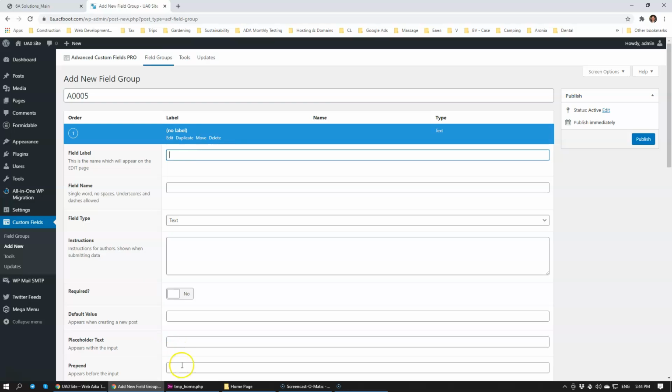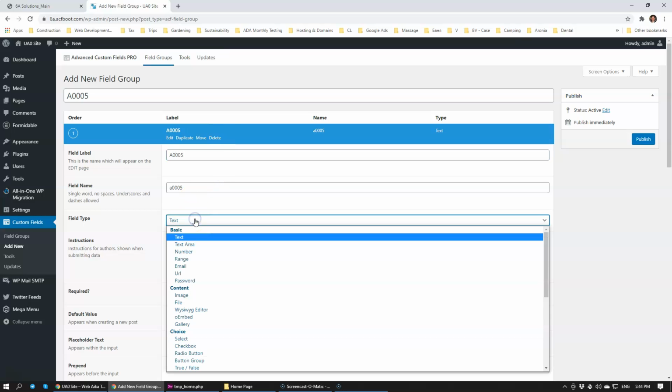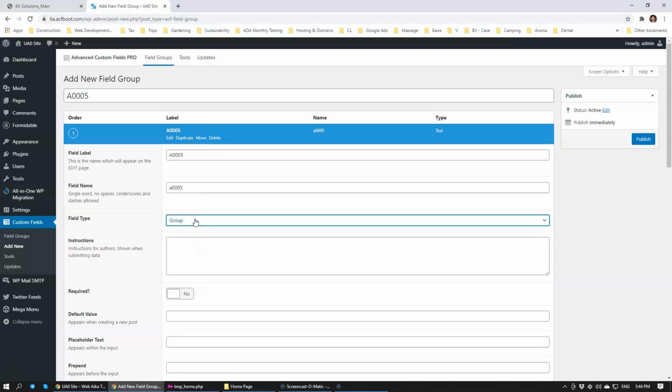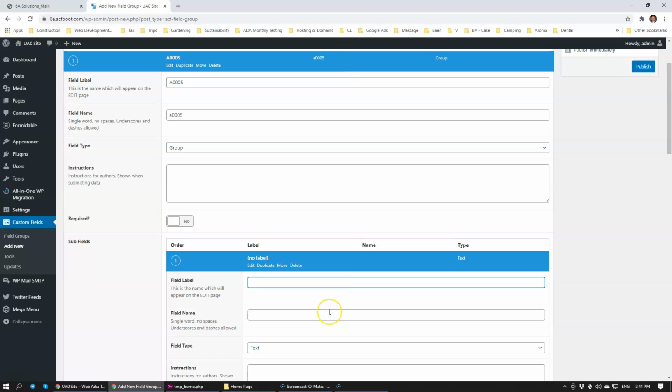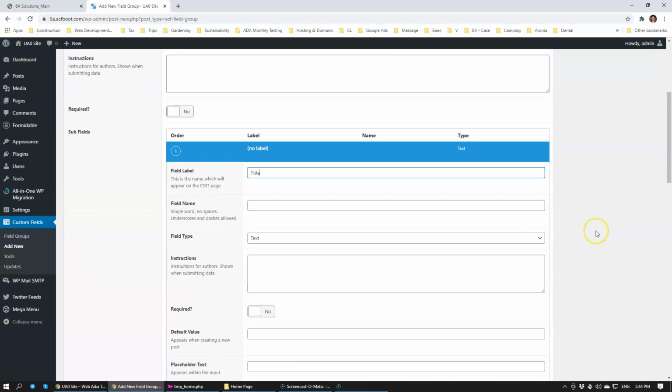So this is going to be, yeah, same A0005. Okay, and this is going to be group field. There we go. We're going to add a field called title. It should be a text,